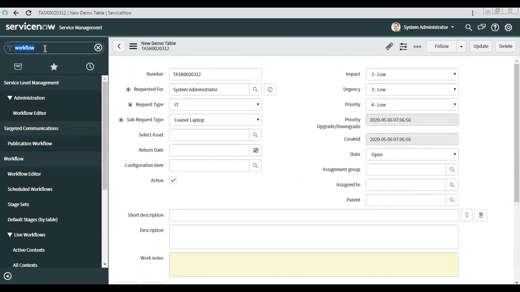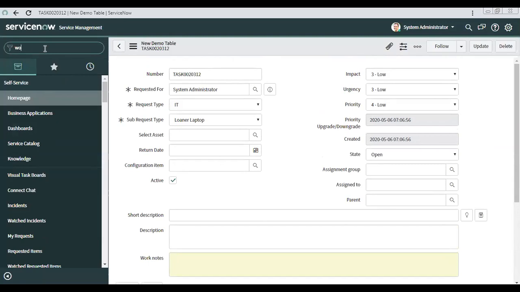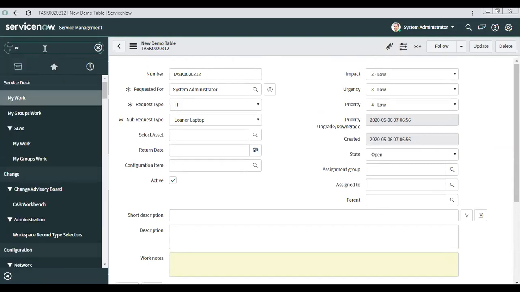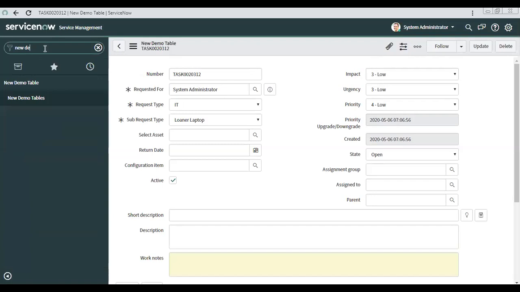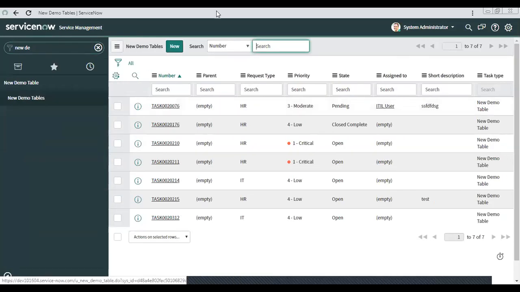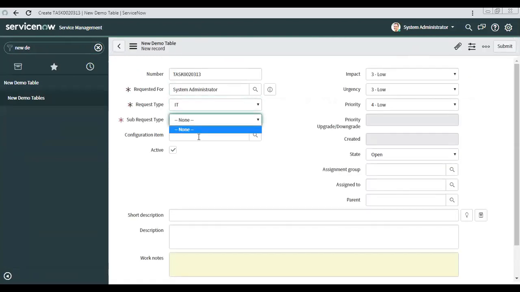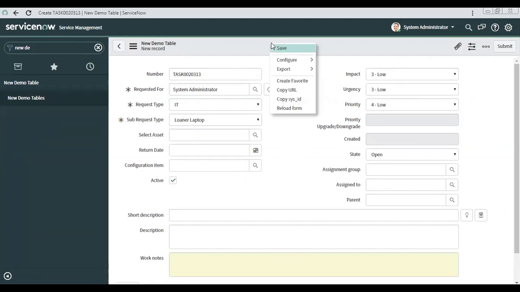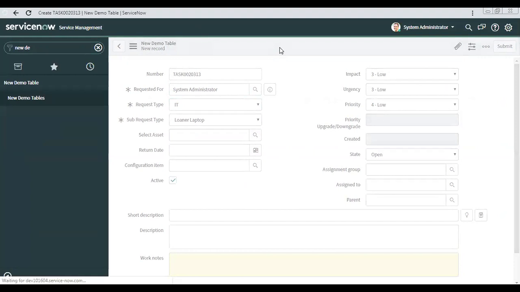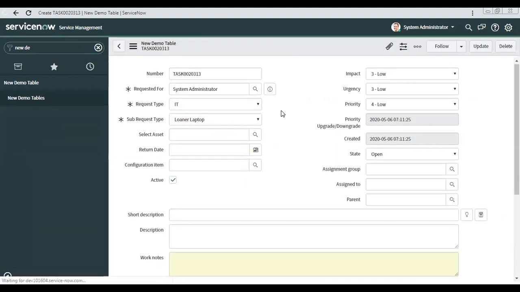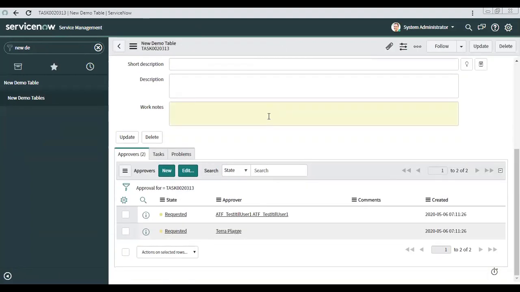So let's see. We'll create a new request. Request type, owner laptop. This will go for a line manager approval. Yeah.